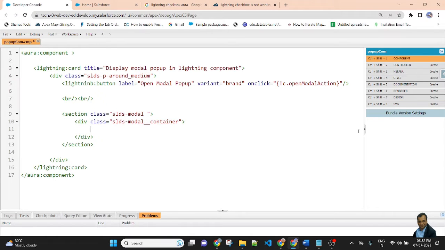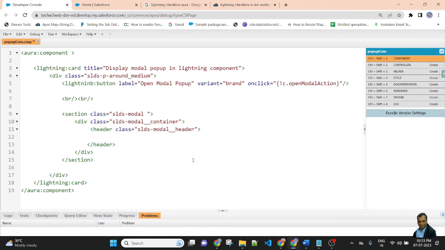Inside the modal container, create a modal header with class SLDS-modal__header.